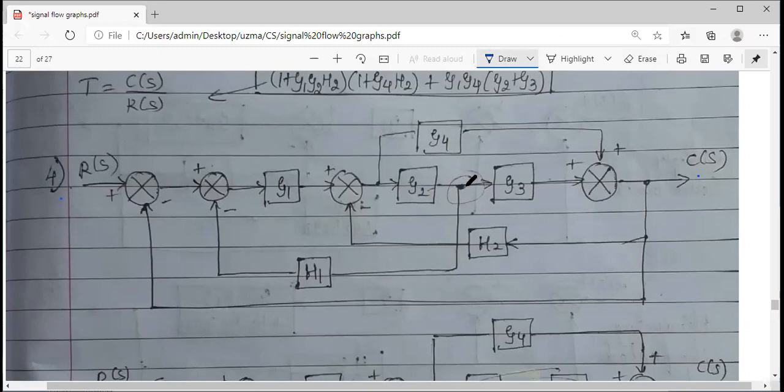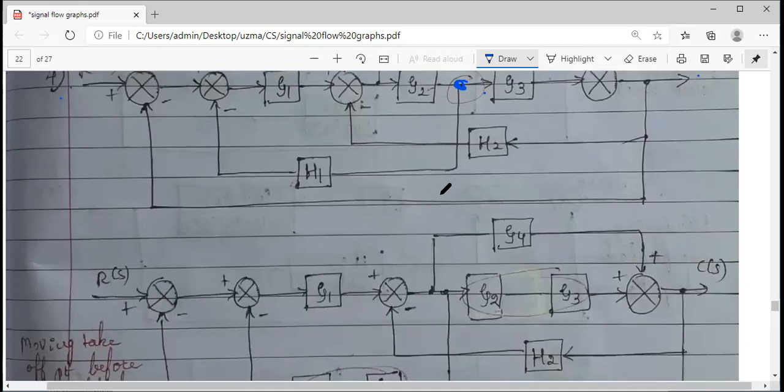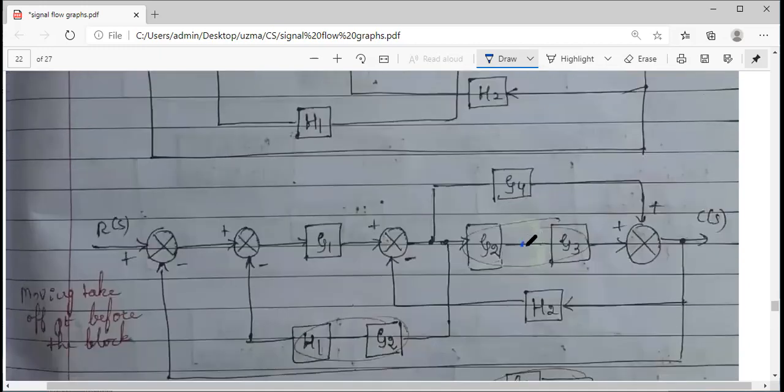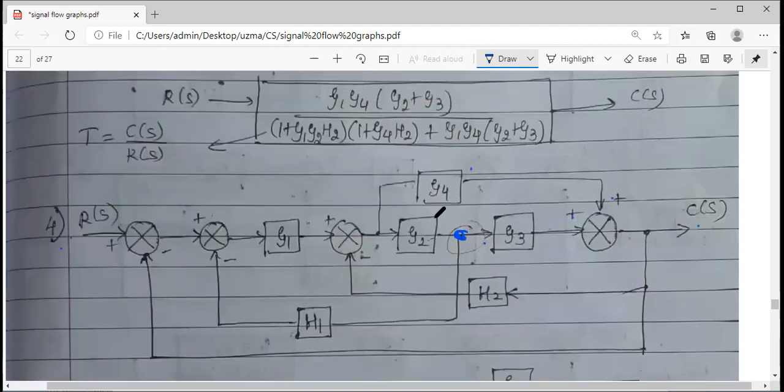If you observe the question, there is a takeoff point here. Okay, that is the only possibility I can see here to reduce, because directly I cannot go for, see this, you have a plus sign here. So these two things are to be parallel, but there is a takeoff point in between. I cannot merge G2 and G3 also. So the best possible solution for me is just to shift this takeoff point. That is the best way. So what I have done, see, the takeoff point earlier was here, I have shifted it to here. It was after G2, you shift it before G2.